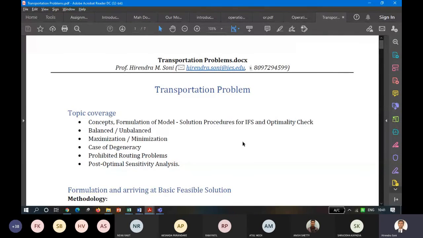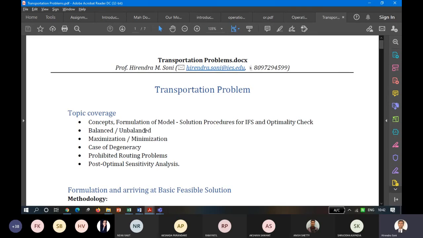Model actually it evolved. Okay. What all things are we going to cover first? So the concepts, formulation of the model. Okay. The solution procedures for IFS, which means initial feasible solution. Okay. It is also called BFS, that is basic feasible solution, and optimality check, balanced and unbalanced kind